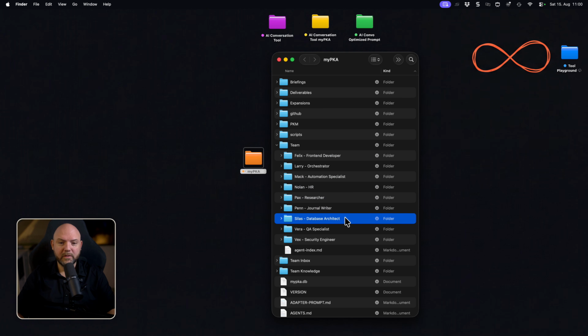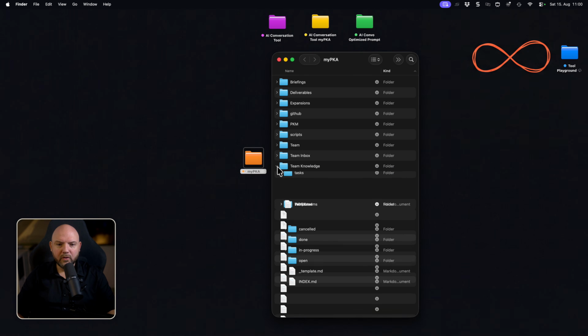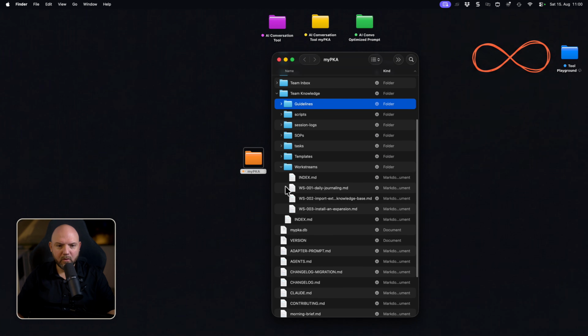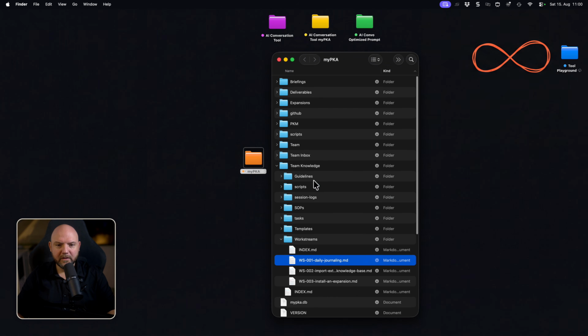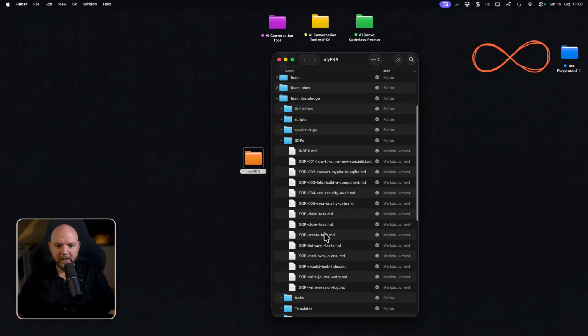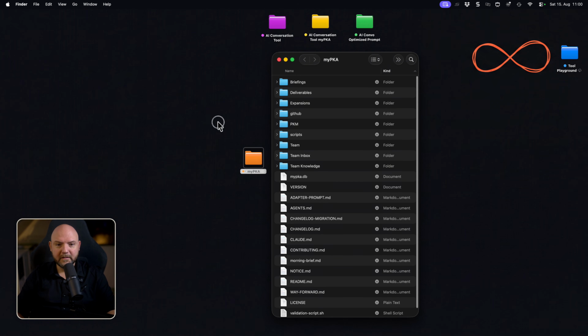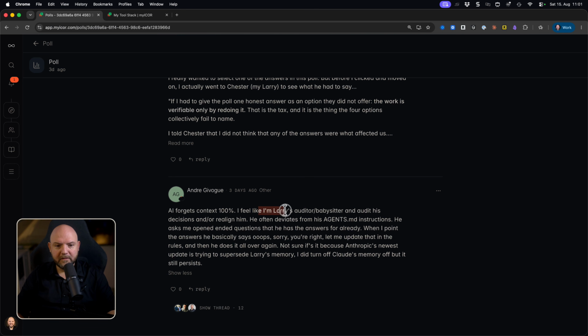So how I'm working with this folder, and thousands of our members too, is they just talk to Larry and he's orchestrating the work between the different agents, working according to the team knowledge, where we have SOPs, guidelines, work streams. This is a demo folder here, that's why there's not so much. But if you look into my folder, there would be hundreds of different SOPs and work streams. Those are the things that you get out of the box if you download it for free. Just for context, this is what this is all about. And that's what he's referring to here.